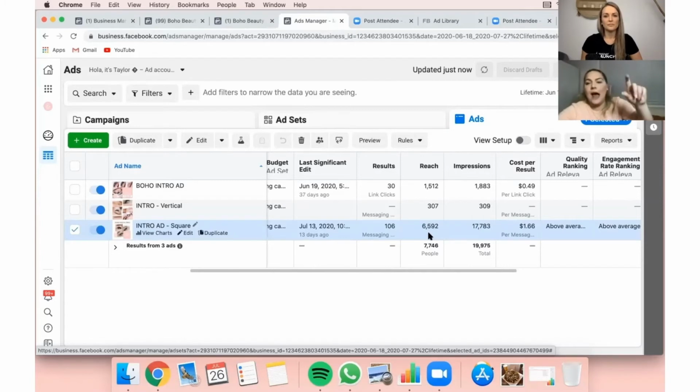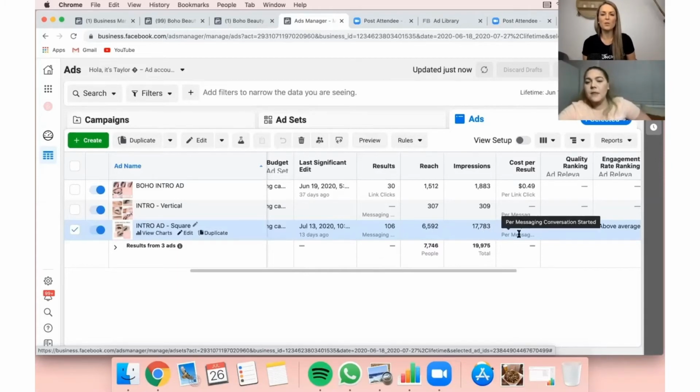Now, when you go through creating your ad, there's going to be an option, and it's going to say like show ad once every 7 days. I always change it to show ad once every 2 days. Gotcha. So they're seeing it every 2 days. And once that person sends you a message, Facebook doesn't show them the ad again. Gotcha. They've already converted. So you might see it's only showing 16,000 people, but it's had 17,783 impressions.